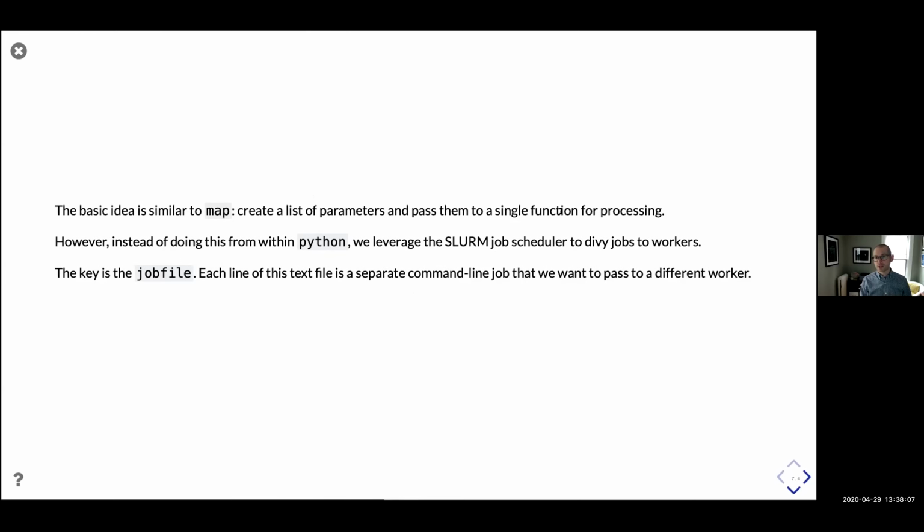this can be a single function. It can be slightly different functions. It can actually be multiple steps. But we're going to leverage Slurm to do the divvying up of these jobs and figuring out where to run them. And what's really, really powerful about this is that Slurm knows how to run jobs across the entire cluster,